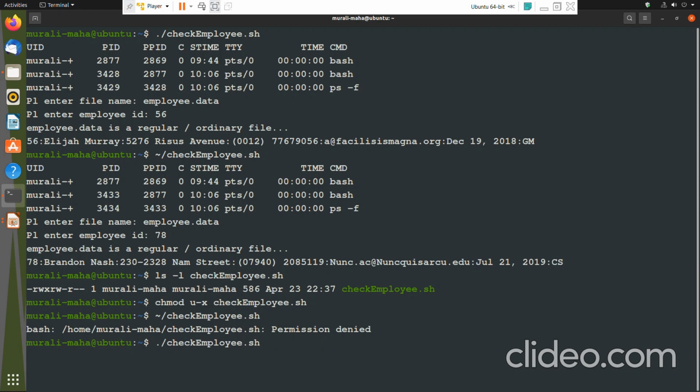No. Or relative path name. No. So I won't be able to execute the script by specifying either absolute or relative path name, because in this case the script would be executed by itself. That is, it is not executed explicitly by bash or sh or ksh, but the script is executed by itself. In that case, it needs to have the execute permission. So now it is giving an error, permission denied, because execute permission is not there. If you are executing with bash, sh, ksh explicitly, then it needs to have only read permission. Now let us suppose I am executing check_employee.